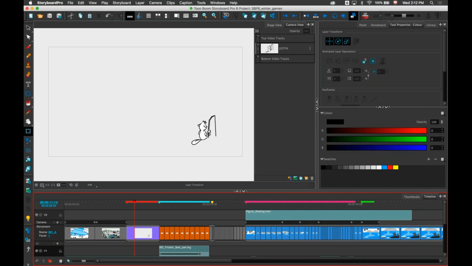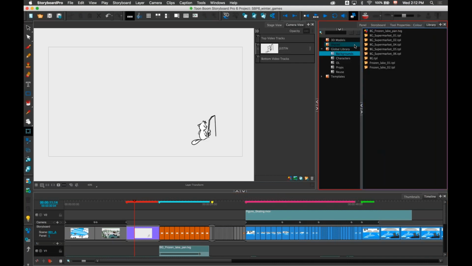But when you're storyboarding, sometimes you just want to keep it simple, have a 2D scene, and just import a flat image, a rendered version of your 3D model. So what people are doing right now is they will open their 3D model in another software, they will position the camera, they will render it, and then they will import the image inside Storyboard Pro. Now you don't have to do this anymore. You can do that directly into Storyboard Pro.